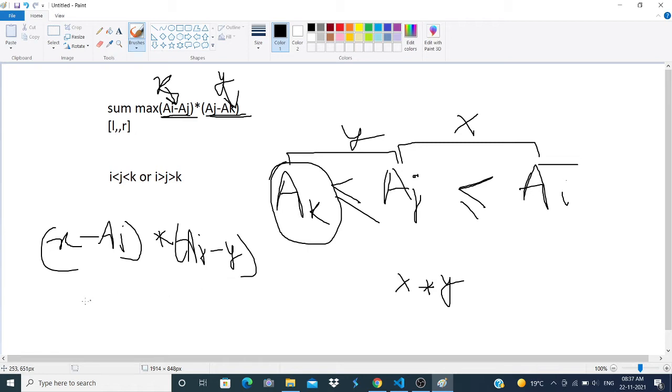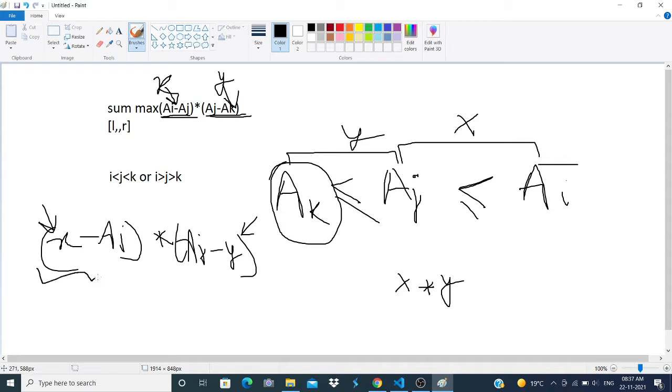If you differentiate this with respect to X... no, it should be differentiated with respect to AJ, because X and Y are fixed here and we want to choose such an AJ which maximizes this term.